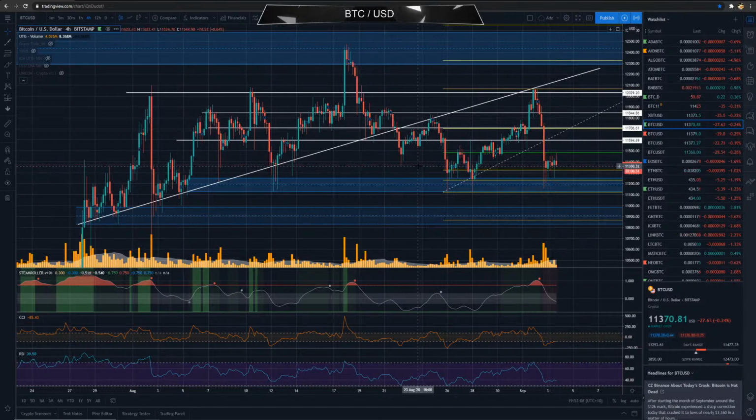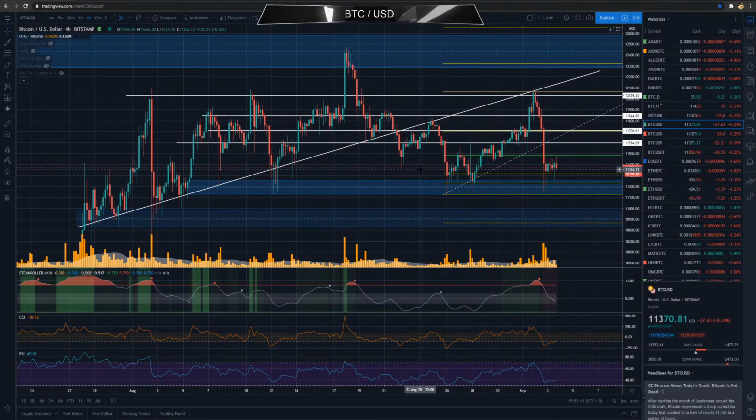But the fact that you can recognize it without other people saying it or indulging you in it, I think is a credit to the fact that you're seeing these formations time and time again, like me with my W's or my M's, and you pay attention to that sort of thing. And had you put a lot of weight on that, you would have been absolutely correct, because we had that rejection off 12K. So absolutely. Yeah, I like playing around with stuff like that, because it's interesting to see how it plays out and if you were right or not.